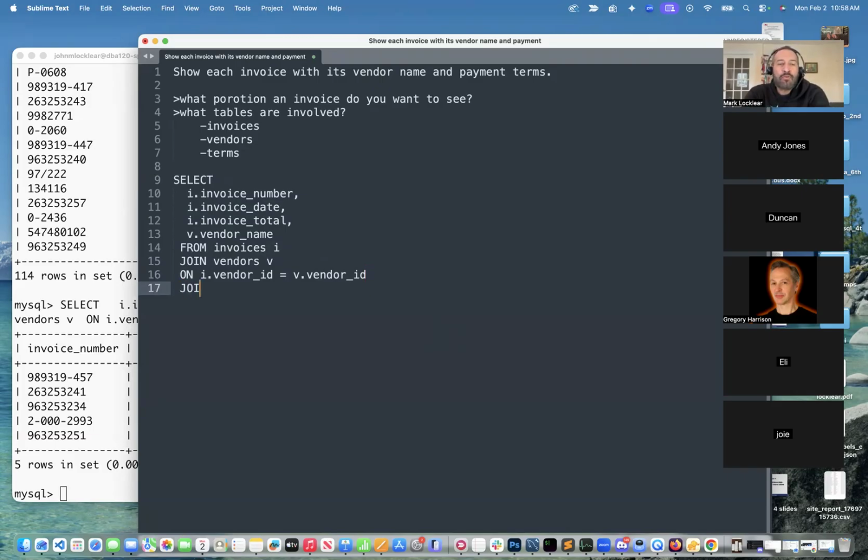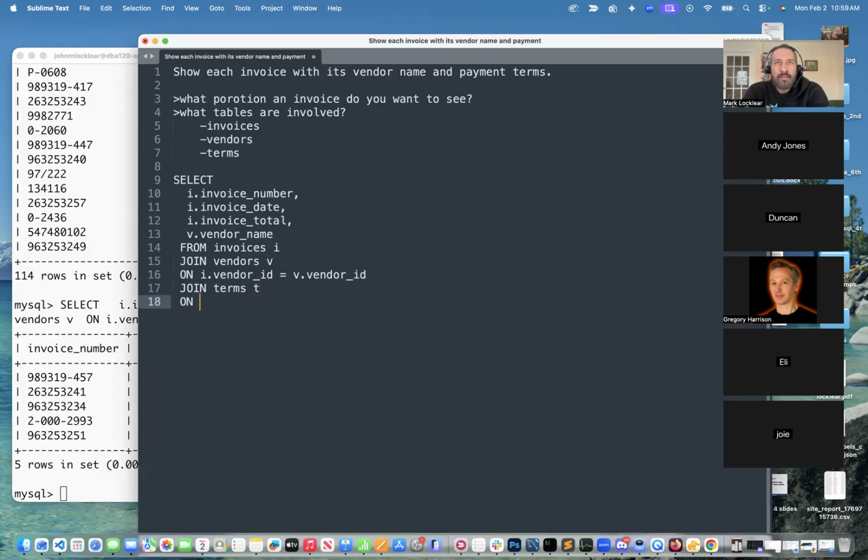We're going to add the terms table. We want payment terms, and I think we said we were going to use the terms description. So we're going to do join terms t